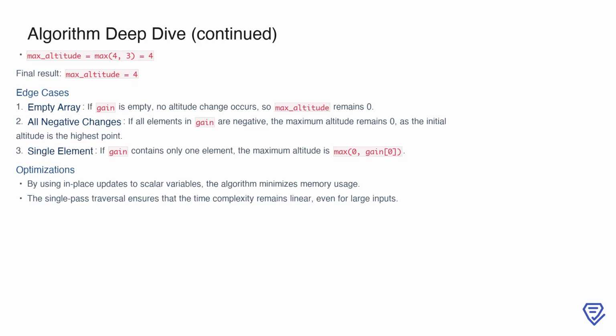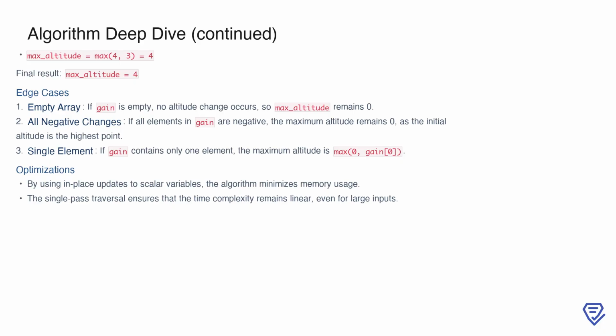If the gain array is empty, there are no altitude changes, so the initial altitude of 0 is the maximum. In cases where all elements in gain are negative, the altitude only decreases, meaning the maximum altitude remains the initial value of 0. If gain contains just one element, the maximum altitude is simply the greater value between 0 and